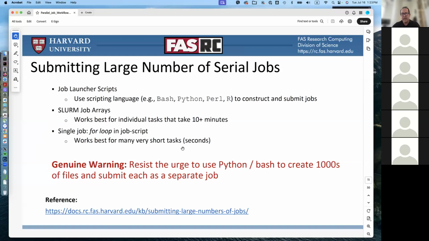So that's why here I just put a slide where I'm giving you just some general tips for submitting a large number of jobs. At the bottom of this slide, we have a link, which if you follow, you will find all the information which is required for processing a large number of jobs if you end up in this scenario. There are definitely three different ways that we can implement processing of a large number of jobs. One of these is using job launcher scripts. In other words, you can use, for example, scripting languages like Python, Perl, R, and so on to construct and